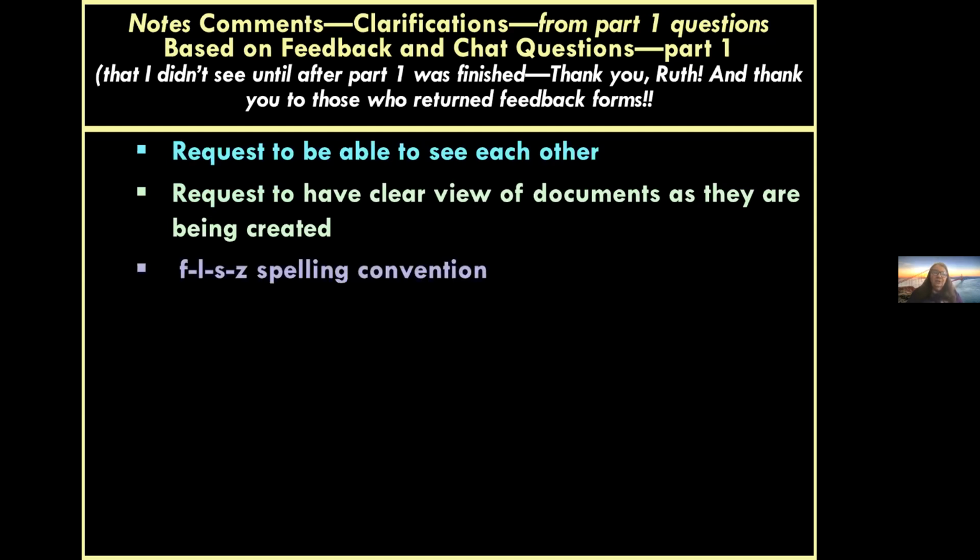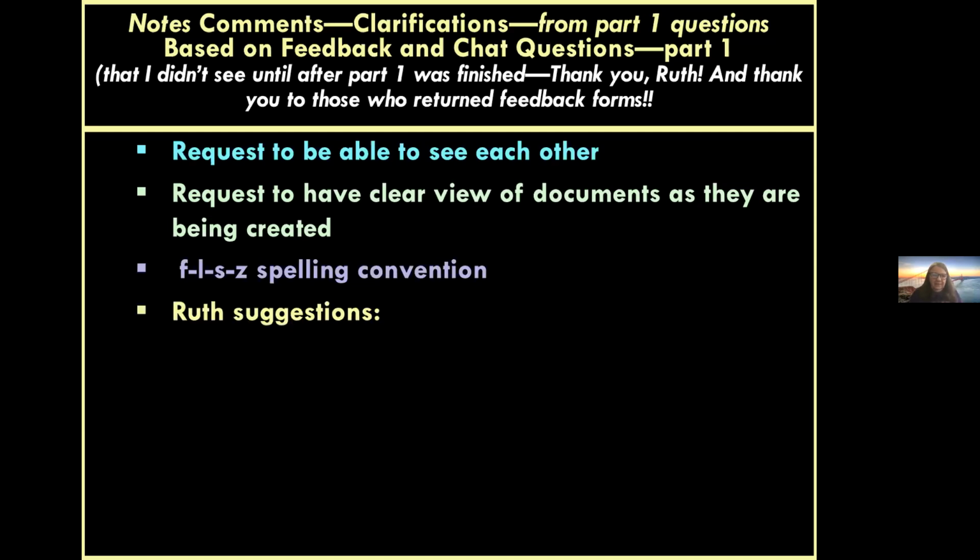So one question, I don't know if the person who said it is here: what is the FLSZ spelling convention? There's not much to it, but as most of you already know, if you have a one-syllable word with one vowel letter that ends in F, L, S, or Z, we usually double the F, L, S, or Z. Some of you have learned it or taught it as a one-syllable word with a short vowel sound, and it usually is a short vowel sound, but you also have words like full and stall and a few others where it's not a short vowel sound, but it is one vowel letter.